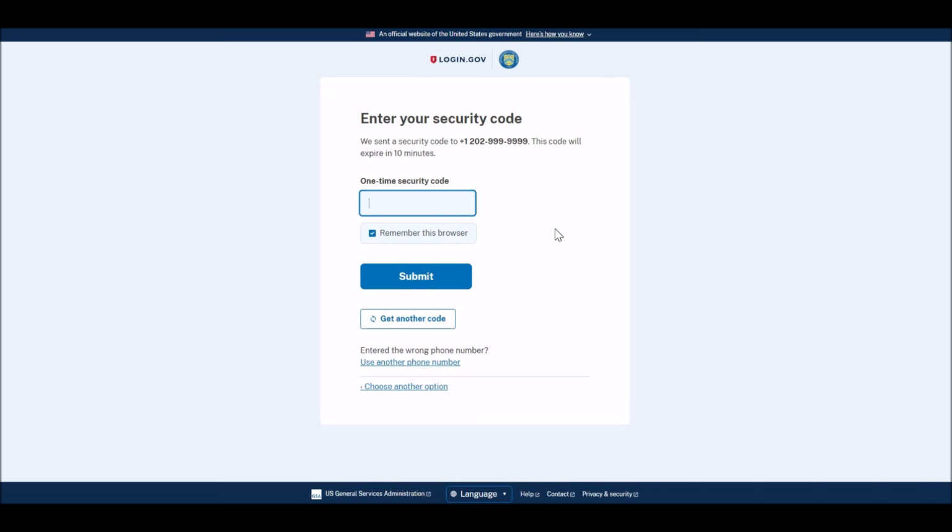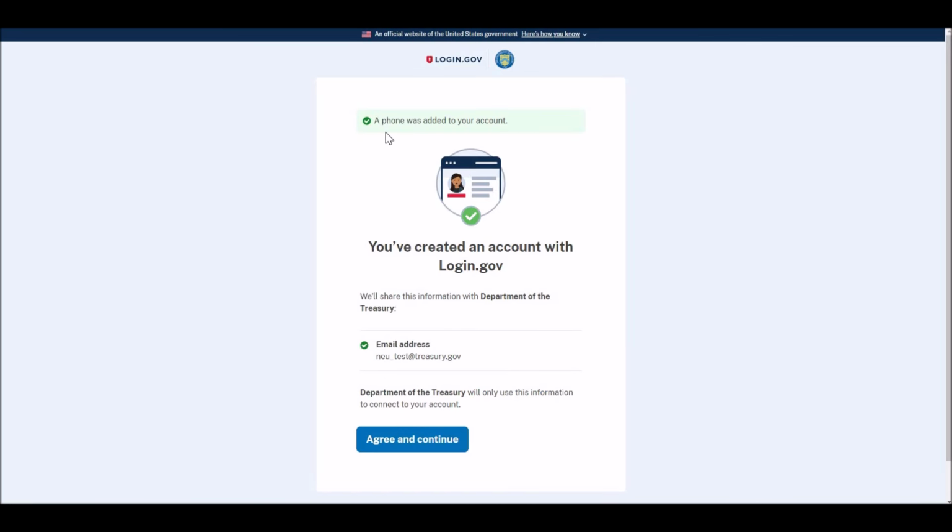It's a one-time use code, so I'm going to go ahead and enter it in here. And I'm going to click submit. I'll be brought to this screen where a notification will say that my account was successfully created through login.gov. If everything here looks right, you can go ahead and click agree and continue.